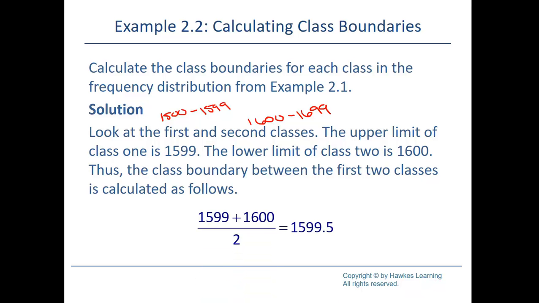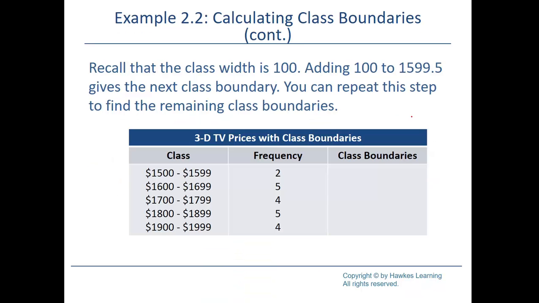And that's going to be the first boundary that we have between the two. Okay. Now that first boundary that we ended up with, which was 1599.5, is going to be the upper boundary for the first and the lower boundary for the second group. Okay. And since we know what the class width was, we can literally just add 100 and get all the